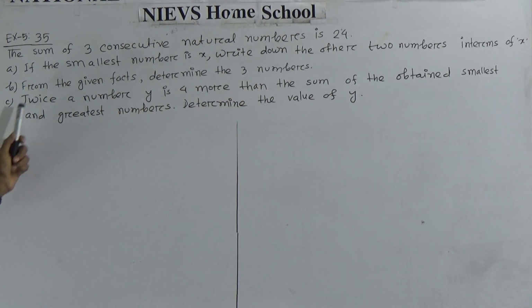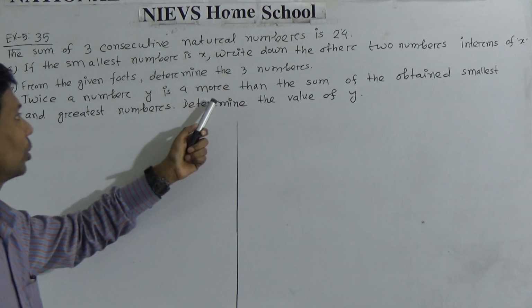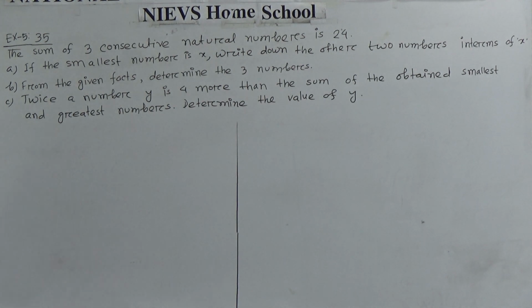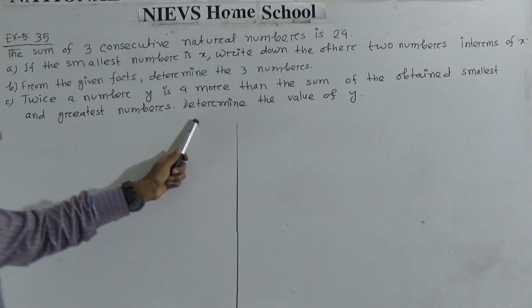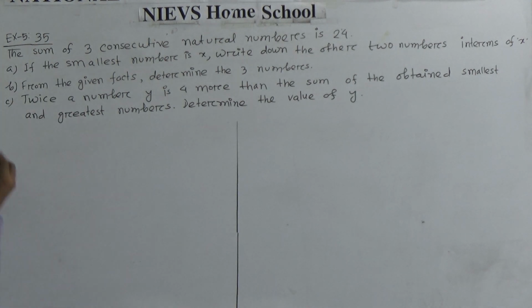C: Twice a number y is 4 more than the sum of the obtained smallest and the greatest numbers. Determine the value of y. Okay, look,